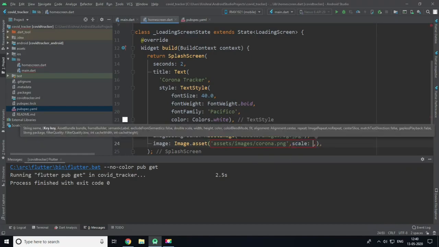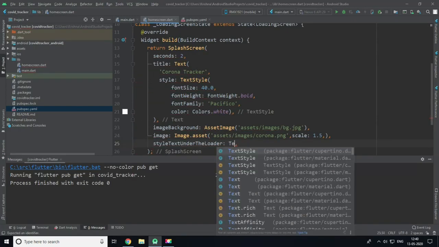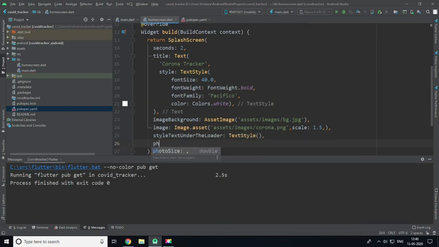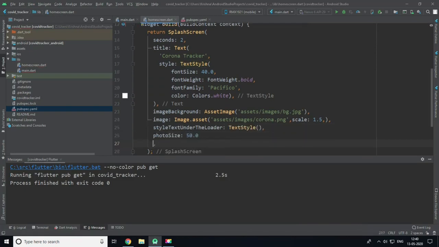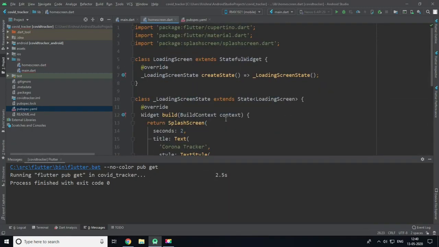Now I will scale this to 1.5 and give the loader a TextStyle, and give it a font size of 50 and a loaderColor of Colors.red. Now we have our splash screen ready.